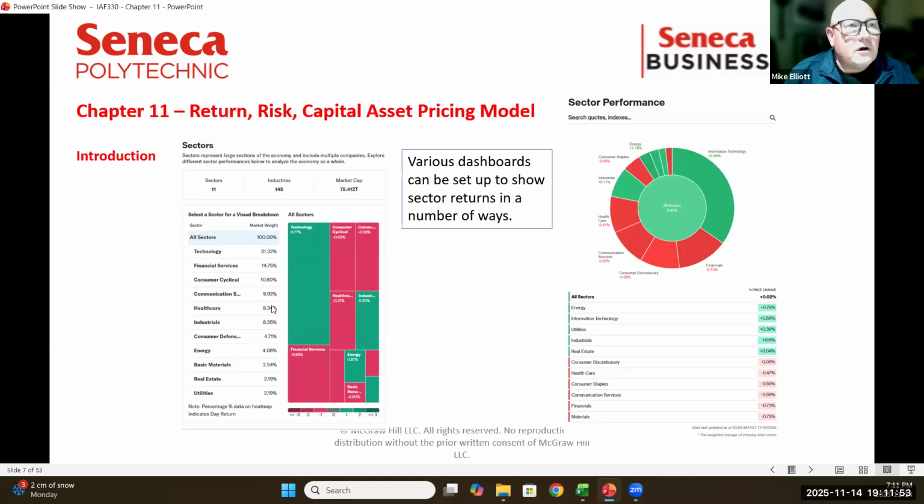So when we look on the left chart here, it's the combination of sectors that make up the S&P. So all sectors make up 100%. Technology is about 30% of the S&P. Financial services about 15%. Consumer cyclicals about 10%, et cetera, et cetera. So you can see the combinations thereof. The chart on the right says, how have we performed this month? So it looks at exactly the same sectors, but it says now, how has each one of these sectors done? And you can see that some of the sectors are doing very, very well, and some of the sectors are not doing that well at all.